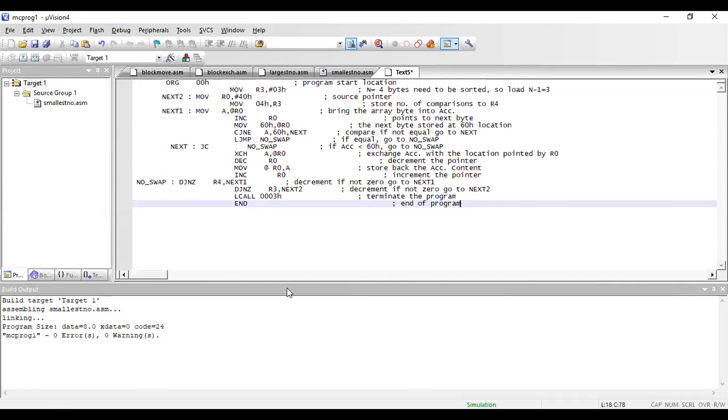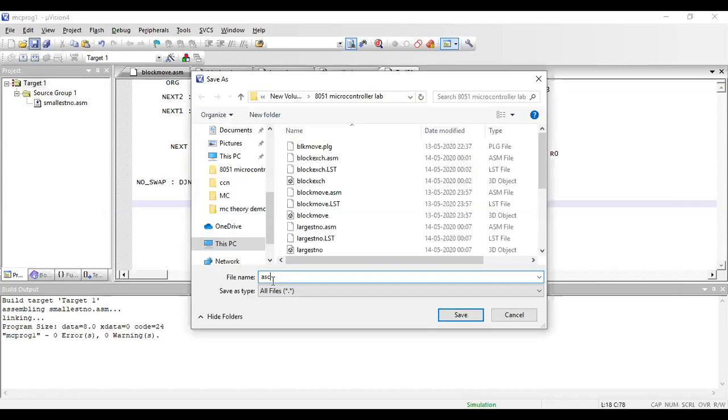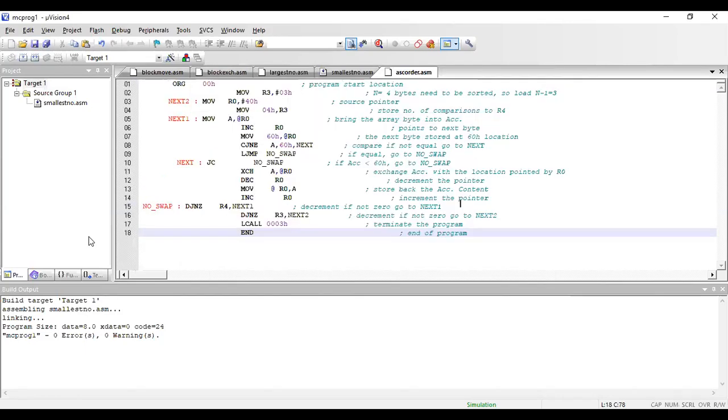So save this program, and I'll give that as ascord.asm. This is the name of the program, ascending order. Save the program, and then the next procedure is to remove the previous file from your project.